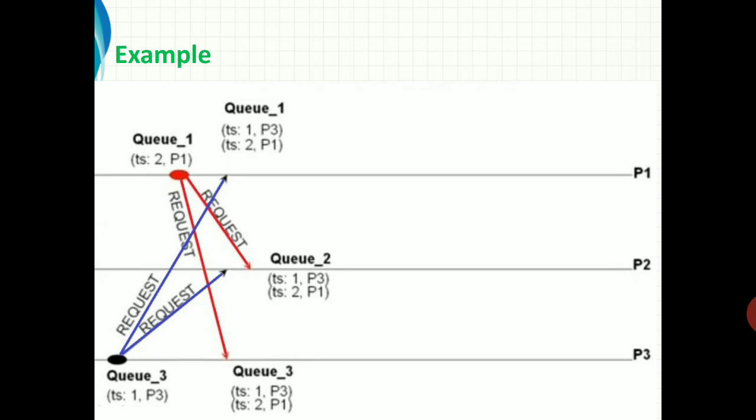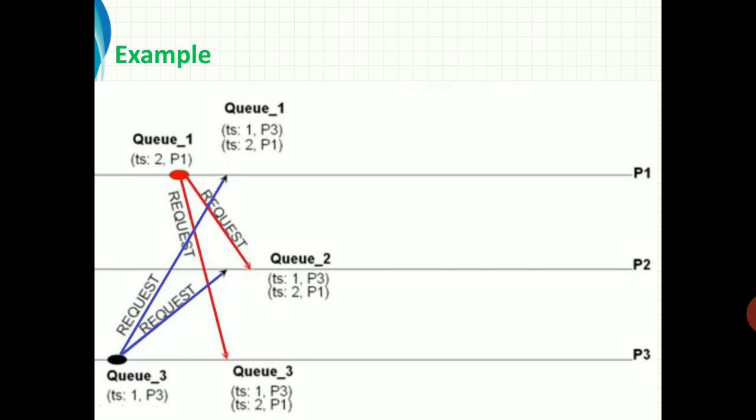So there are two request messages in the queue, from P1 and P3. It will sort the requests based on the timestamp.